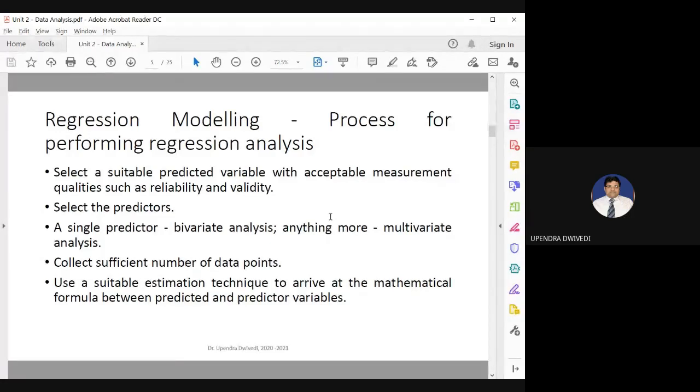In validation, we take certain new data from the real-time scenario, and based on the data, we try to find out whether the outcome of our model is near to the real-time scenario or not. If there is a minimum difference, then we can accept it with some differences. Otherwise, we reject the whole hypothesis, and we try to find a different predicted variable. So selecting a suitable predicted variable is very important. After finalizing the predicted variable, you have to finalize the predictor variable.